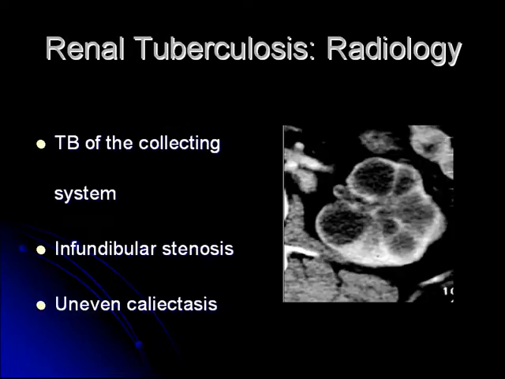Later on, things start looking like this, and then you may be more suspicious, exactly like Dr. Zurich is describing. This again is a contrast CT, and what I think we're seeing here is scarring at the infundibuli and then proximal dilation of these calyces. And this is more classic of tuberculosis. Is there a difference of that? Probably the most common thing that we would see is somebody with some segmental dilatation.